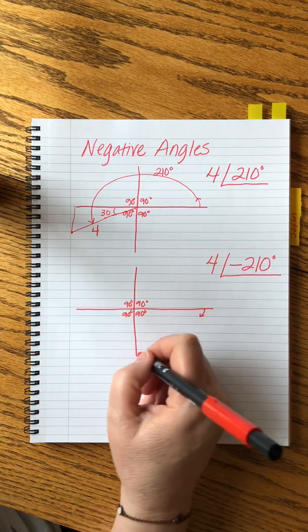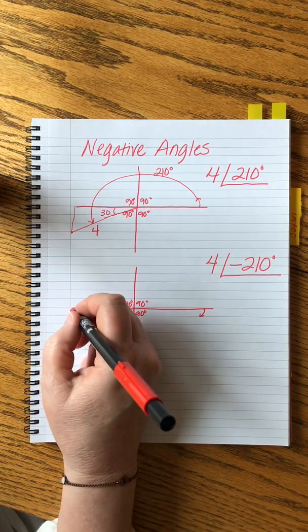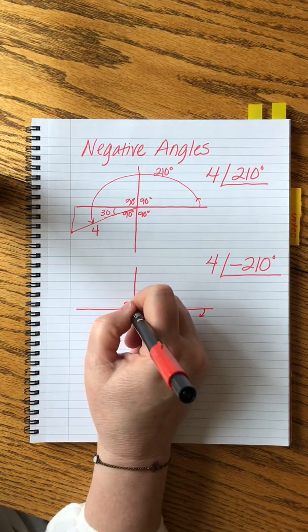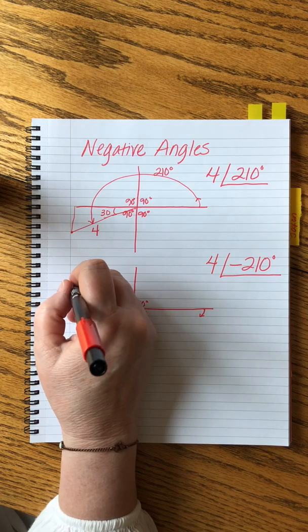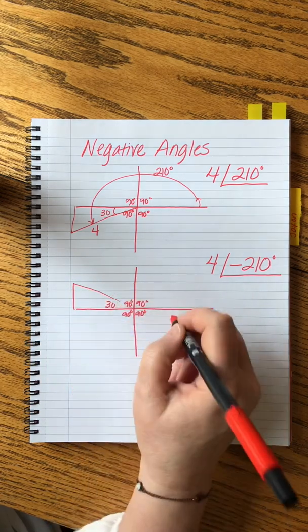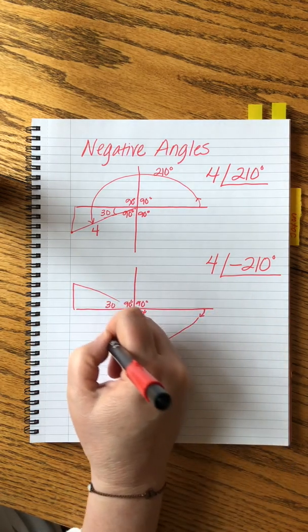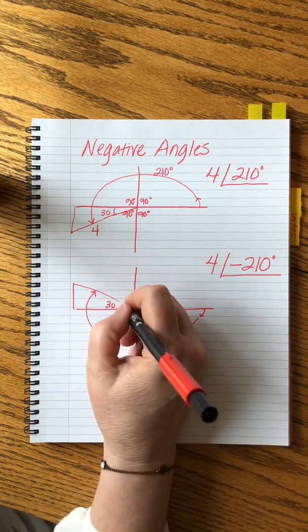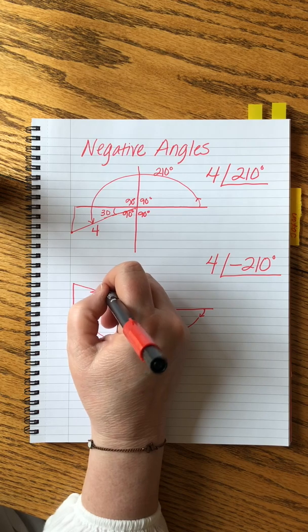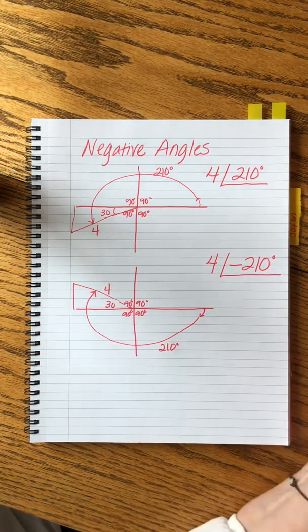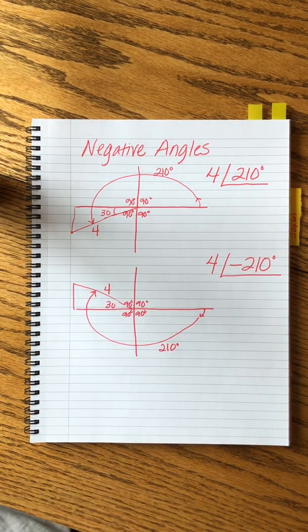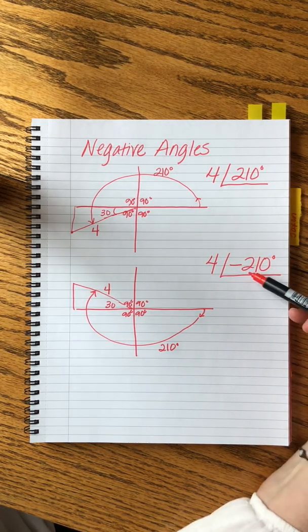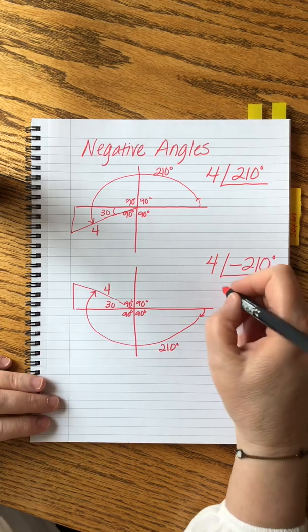We're gonna need all of this one 90, all of this one 180, then we're gonna need another 30 here. This will be 30. Then this whole thing, that will be 210 degrees, and then we'll make our hypotenuse be 4 just because that's what it says, right? The hypotenuse, we don't have to measure that accurately. We just call it what we want. Okay, so when we have a negative angle,